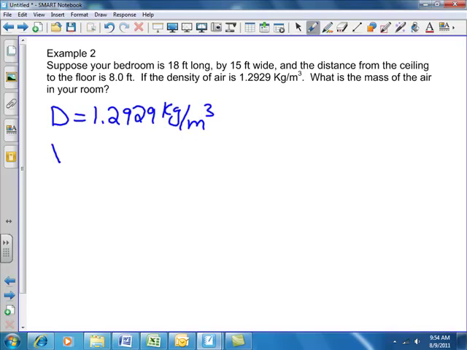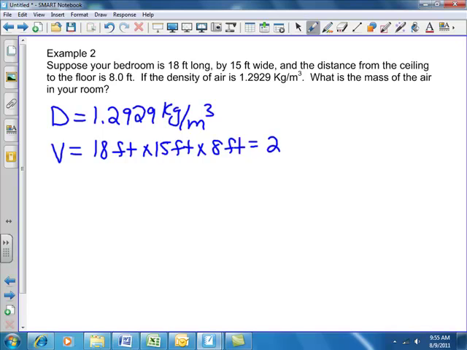The volume I'm going to have to calculate is 18 feet by 15 feet by 8 feet, which gives me something in cubic feet. So 18 times 15 times 8